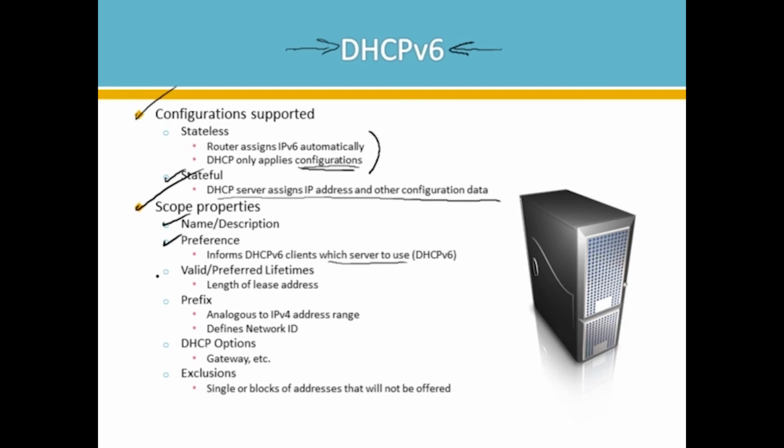We have what is known as a valid or preferred lifetime, but that's really just the lease as we know it. We have a prefix. A prefix is really like an IP version 4 address range, and a prefix also defines the network ID. So really, when you're looking at version 4, I just want to make sure I write V4 so we don't get confused. We have a network ID and a range of